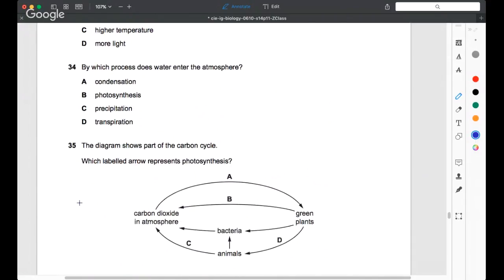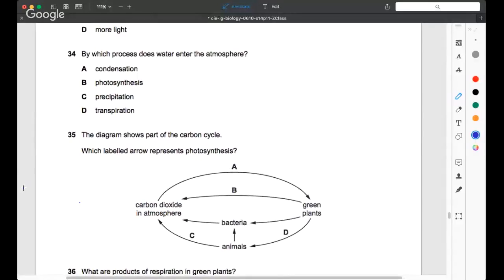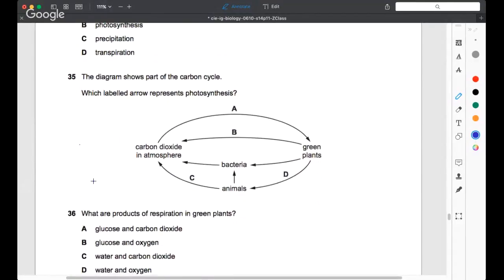The diagram shows part of the carbon cycle. Which labeled arrow represents photosynthesis? The carbon dioxide in the atmosphere. So remember, photosynthesis is the process by which carbon dioxide is turned into complex carbon molecules in plants. So carbon dioxide going to plants is going to be photosynthesis. It's going to be